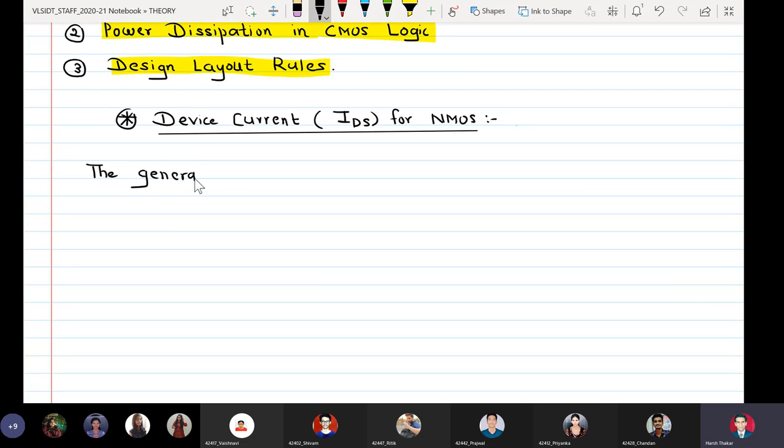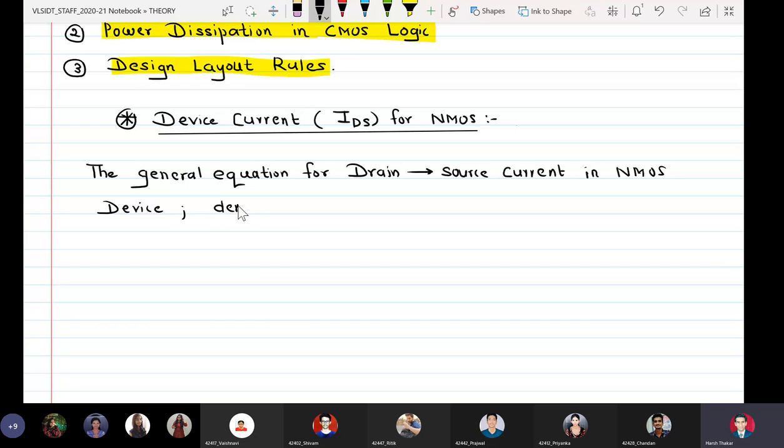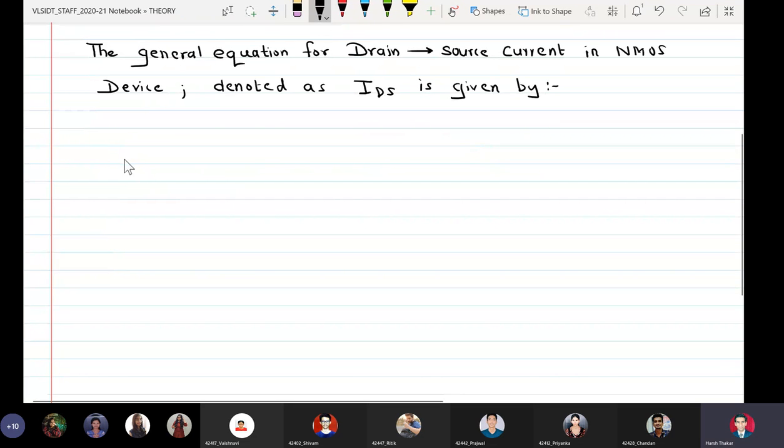The general equation for the drain to source current in NMOS device, denoted as IDS, is given by: IDS is equal to